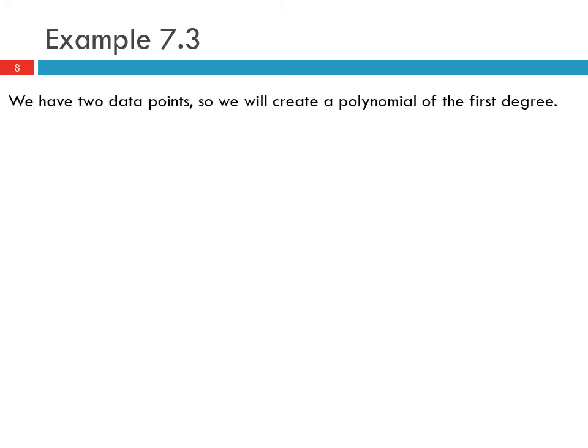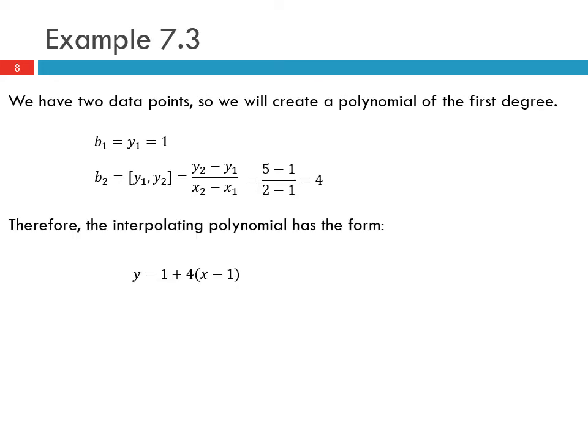So we have 2 data points, so we will create a polynomial of the first degree. So that means we need to find the coefficients. So b1 is equal to y1, which is 1. b2 is equal to this divided differences, y2 minus y1 divided by x2 minus x1, which is equal to 4. So the interpolating polynomial is shown here. So this was b1 plus b2 times x minus x1,